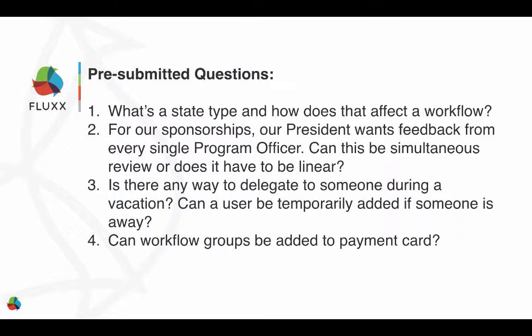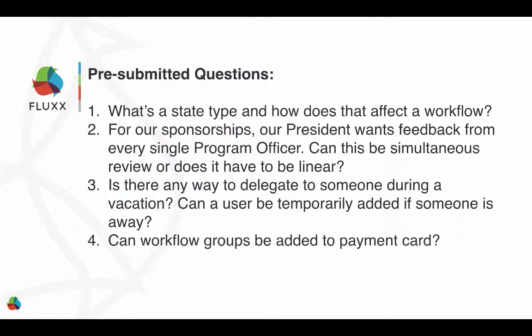Yeah, and you bring up a great point, Carly. The customization that you can do with Flux to meet your individual needs, it seems like there's endless opportunities. And here in support and internally, that's what makes it so unique and interesting, that there's no cookie cutter approach for every client. Everybody has a specific need, and we're able to help build that out to match their needs. So great. Thank you very much, Carly.